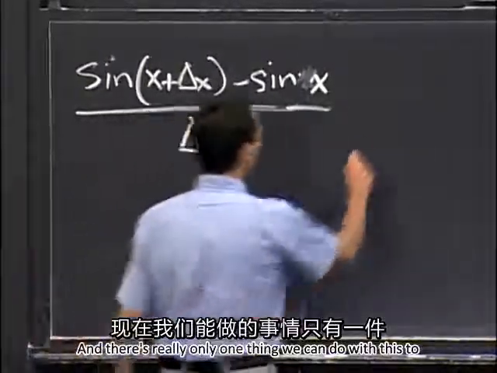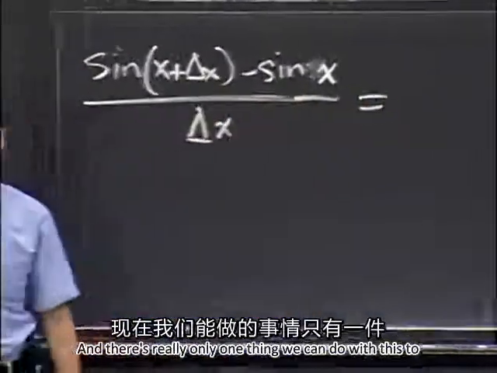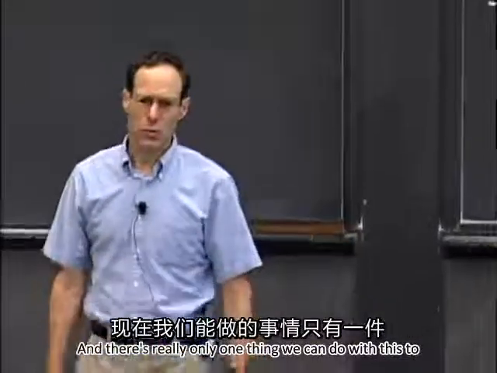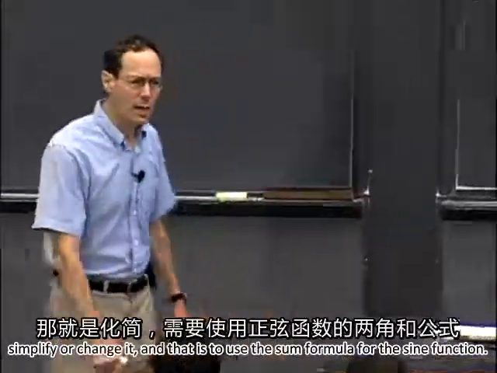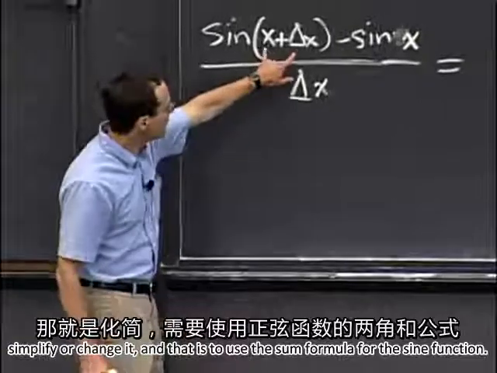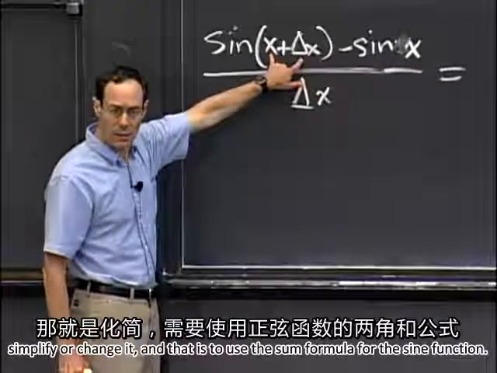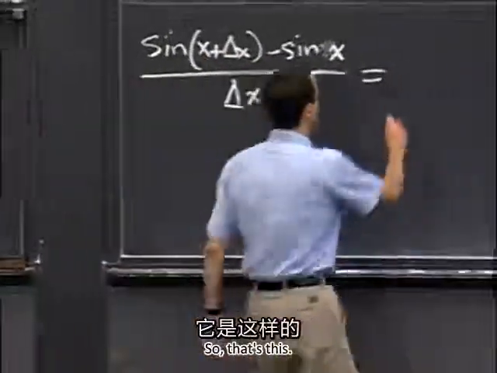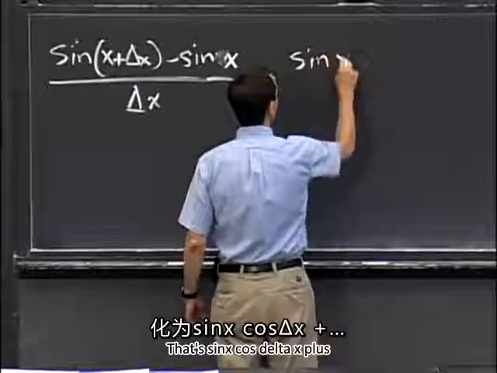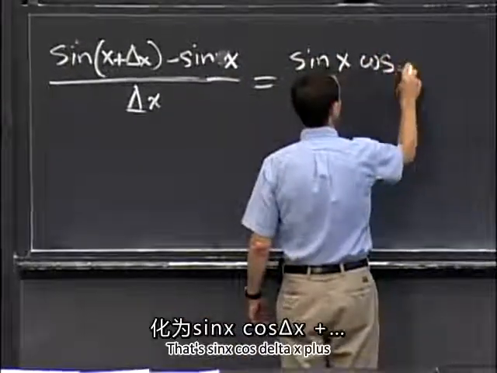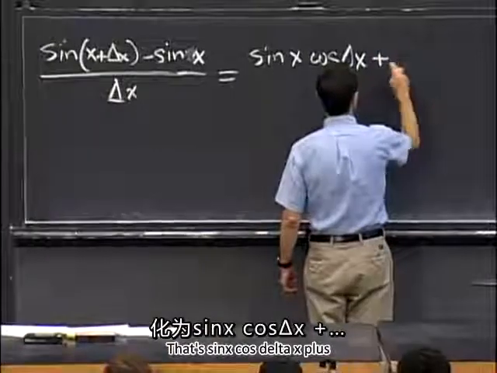And there's really only one thing we can do with this to simplify it or change it, and that is to use the sum formula for the sine function. So that's sine x cosine delta x plus